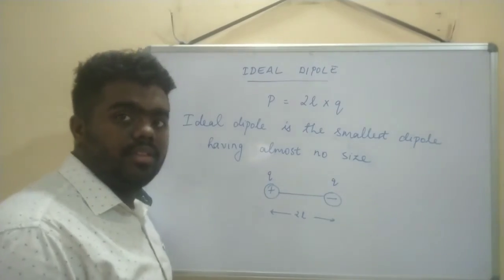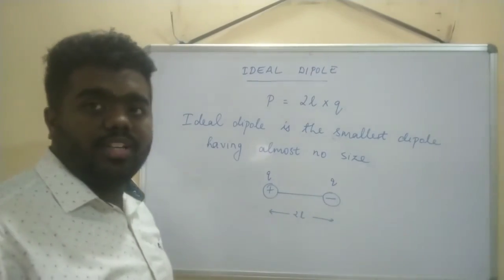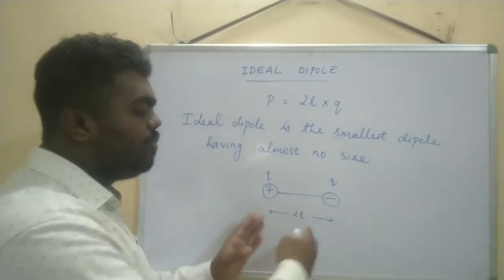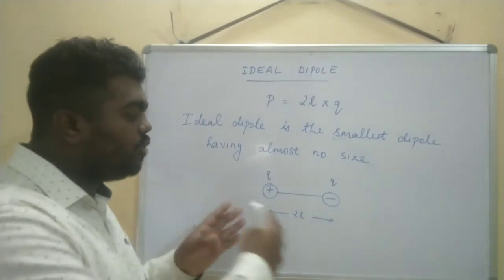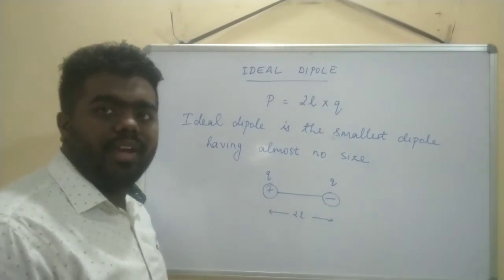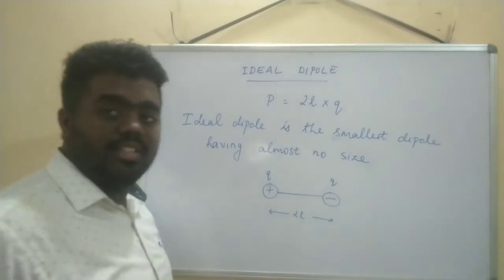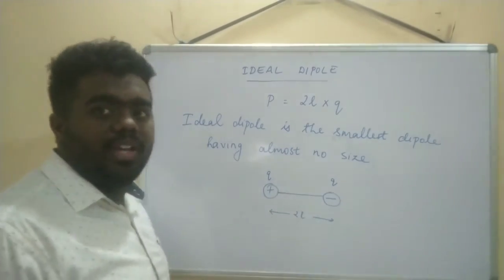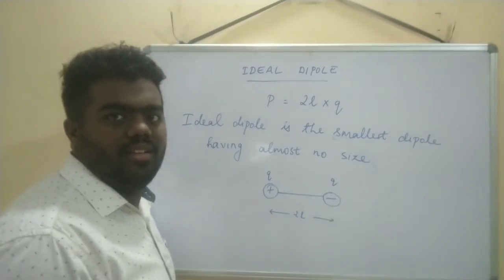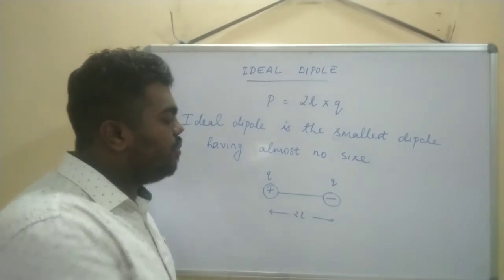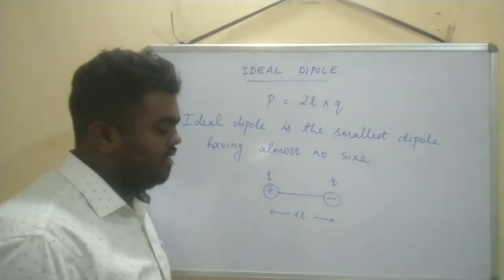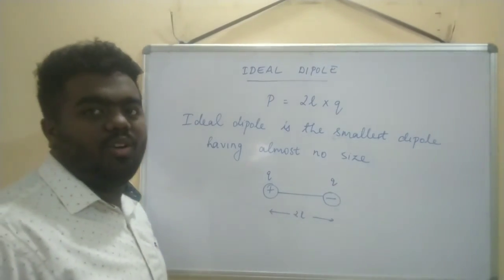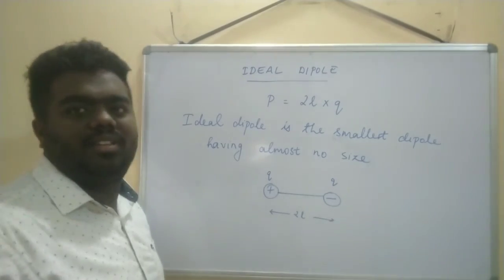So what will happen? These two charges are opposite in nature. They will try to attract each other strongly. As we keep increasing and bring both closer, they will try to repel each other. Yes, forming a dipole with a very small distance is practically not possible, that too while increasing the charge. The more we increase the charge, the greater the impulsive force. So increasing this and decreasing this, making such a dipole practically is very difficult, or we can say impossible.